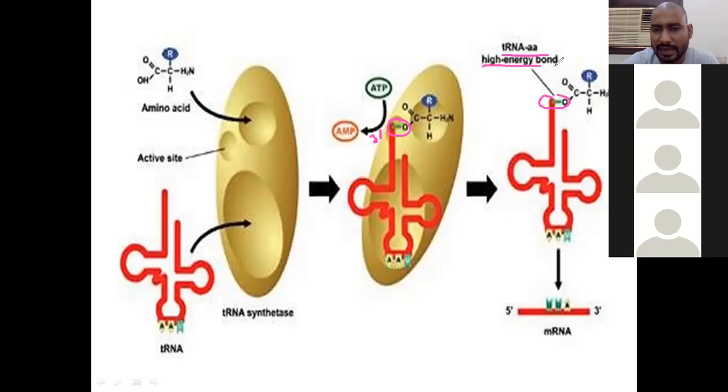So tRNA has a high energy bond. Ultimately, at the acceptor end of tRNA molecules, the amino acid gets attached. When it gets attached, this phenomenon is known as the charging of tRNA molecules. Now the charged tRNA can bind with the mRNA, along with the ribosome, because the ribosome is already bound to the mRNA strand. So these are the basic steps during the activation of amino acid.